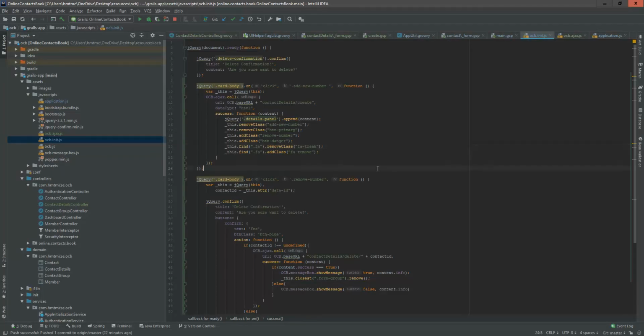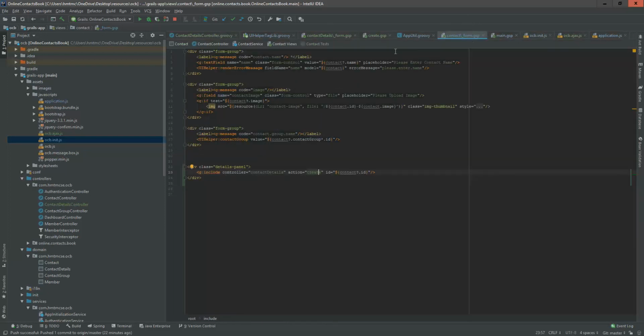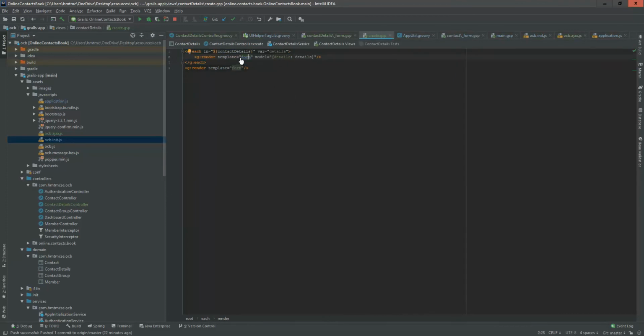I'm not sure. We saved it. Sorry, I made a mistake here. I have to paste it here. Trash. That's it. It doesn't work, and the UI will be a little bit different from